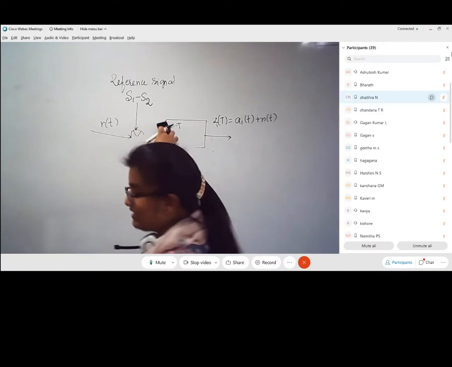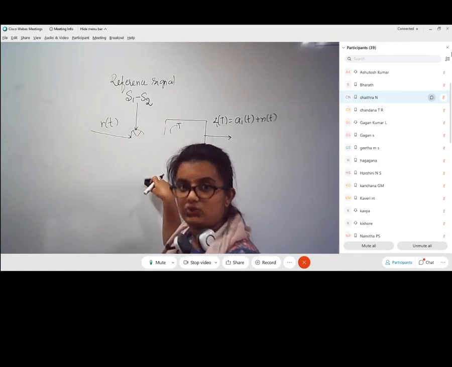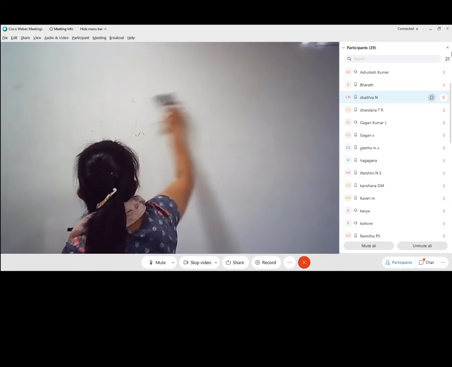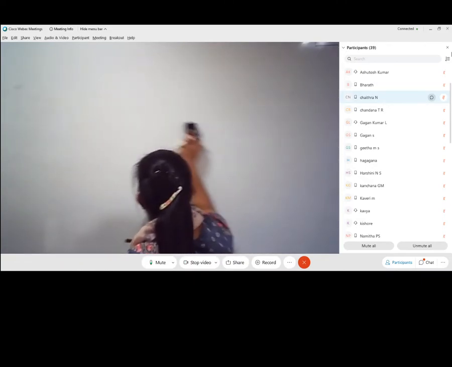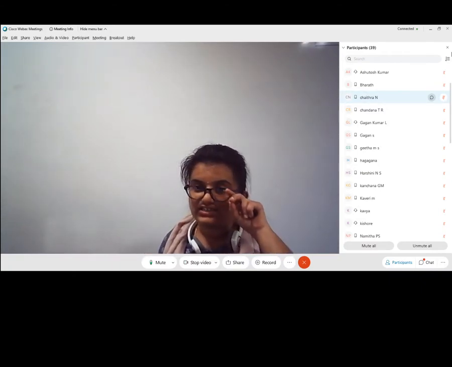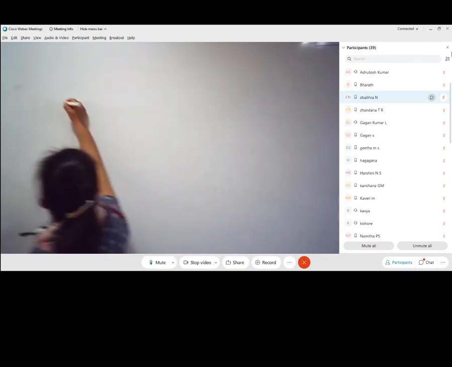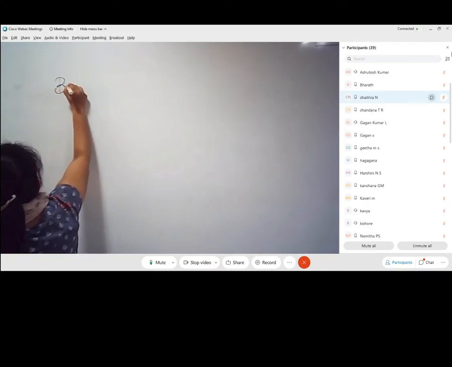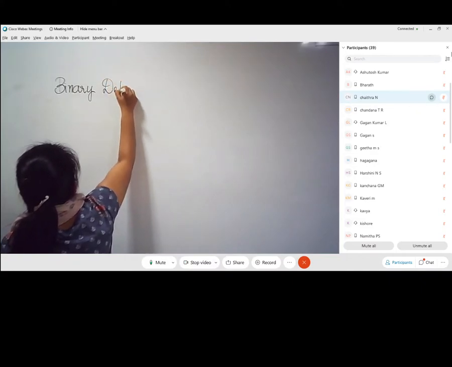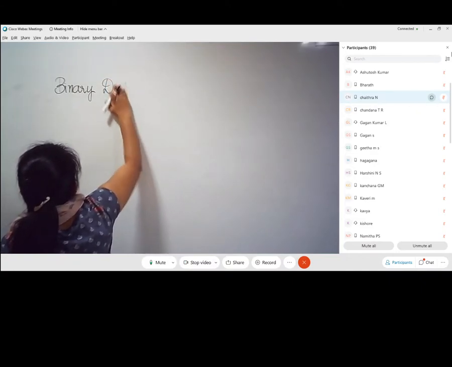This is using a single correlator. You can do it with two correlators also, that is, giving each one of these symbols as a reference symbol separately. That also you can do. Once we have done that, the next stage of binary detection is we are going to set the threshold. So what we are going to discuss now is binary detection or decision threshold.